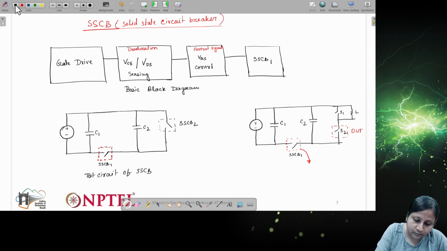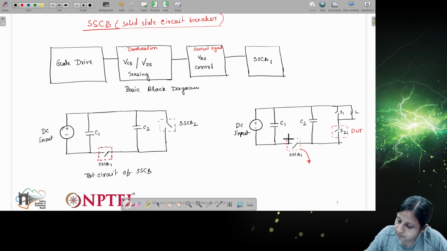So this is the DC input, and this input power source is disconnected from the device under test. Let's say this is the WBG device. Then this device will be protected if there is a fault condition.